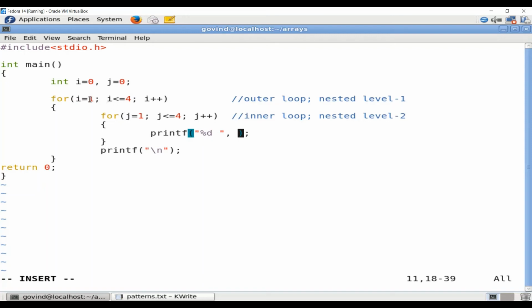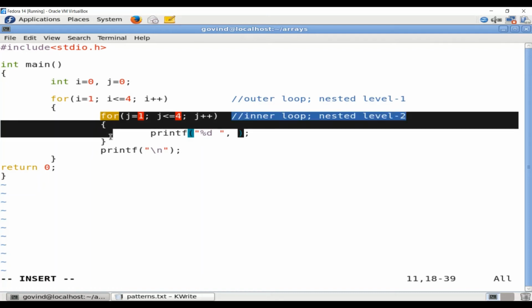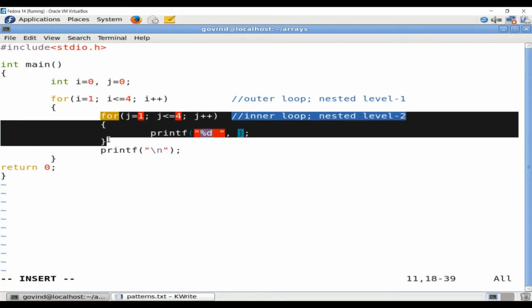You might have guessed it. That value is i, because in each iteration of the inner for loop, the value of j keeps on changing. However, the value of i remains the same till this innermost loop finishes executing.